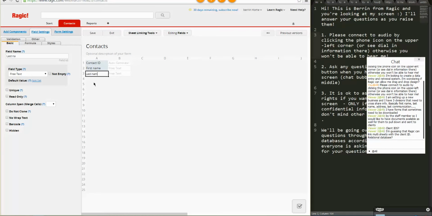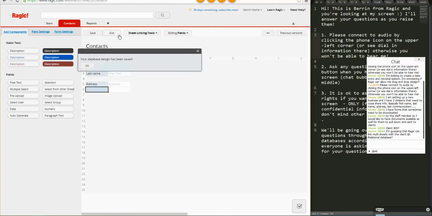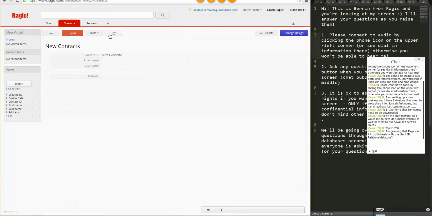Alright, let's move on to the last name. I'm looking at your example address, and the communication, I'll get to that. So okay, alright, these are my basic contact information, and I'm gonna save that first and show you how to create new records. So this was the design mode when we first created the sheet, and if I exit from here, it's going to go to an empty form page. So this is the form that I just designed,